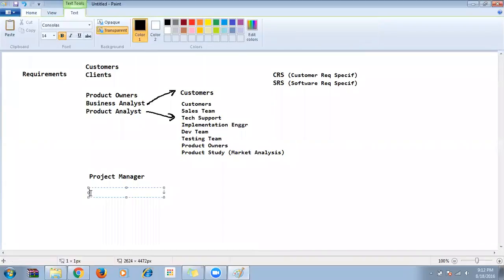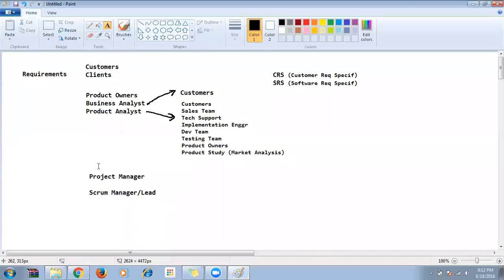Then after the project manager, we also have the Scrum Lead, or Scrum Manager. These people are the responsible persons for the project currently. They make sure the product is being developed in a proper phase.